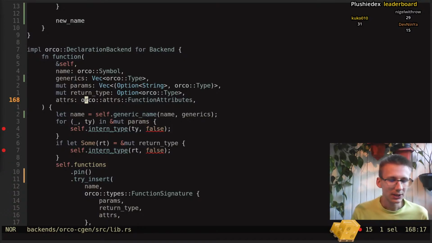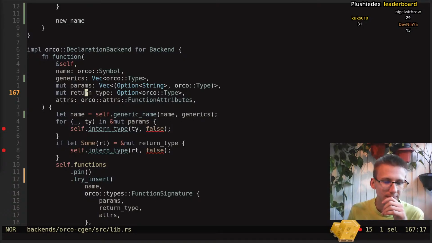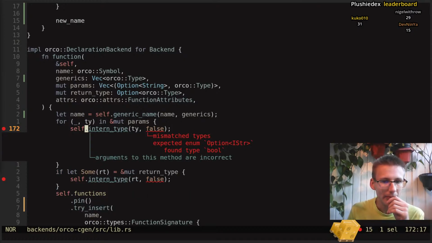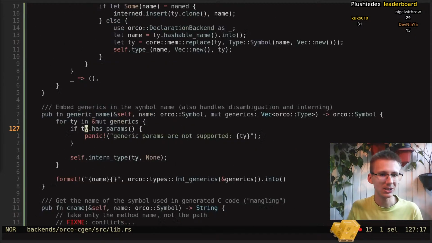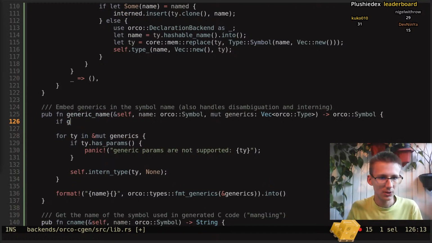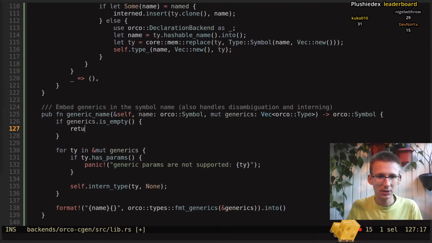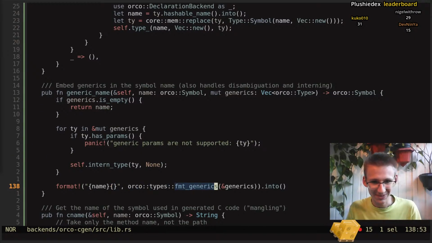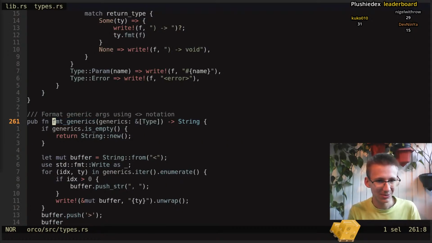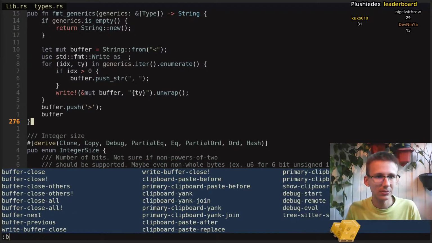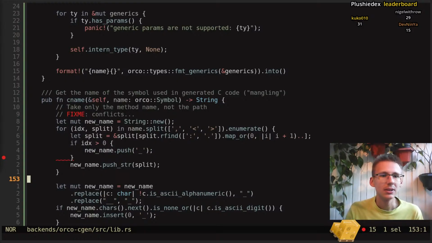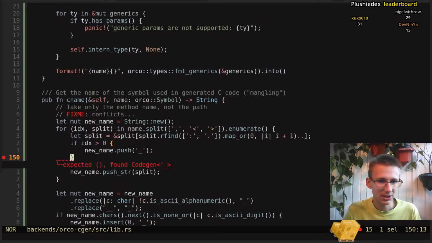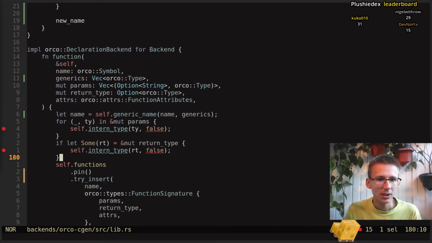Next, function. Oh, and by the way, I can just do if generics.empty return name, just like that. A little optimization, because I do think it's gonna optimize stuff, because this thing is gonna return empty stuff. I don't think the compiler will catch it. Anyway, so here